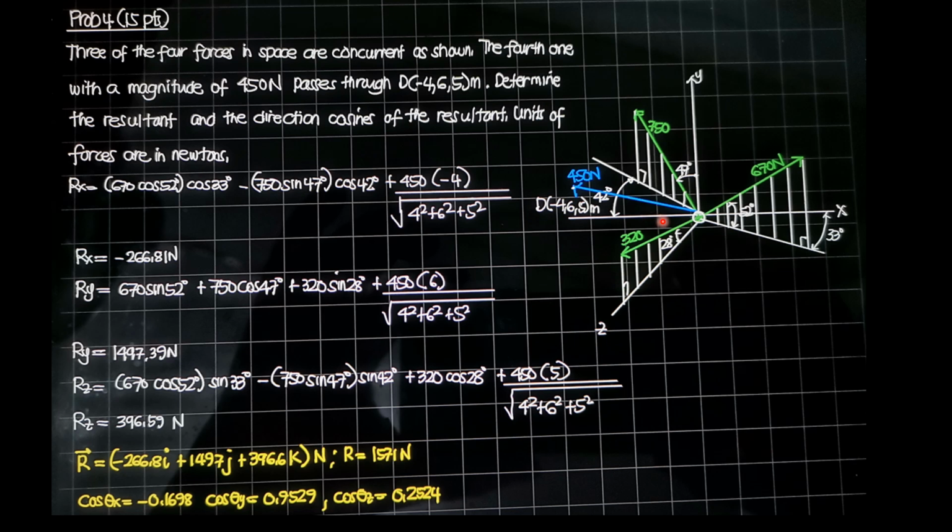So, in computing for the resultant, we need to compute the x, the y, and the z component of the resultant. And the x component of the resultant is simply sum of forces along x. So, beginning with 650, this component, because this is a right triangle, right angle there, so this component is, if you look at the top, it is on the xz plane. So it is 670 cosine of 52. That's the xz component, not yet the x component. Then we multiply further because it is adjacent to the x-axis.